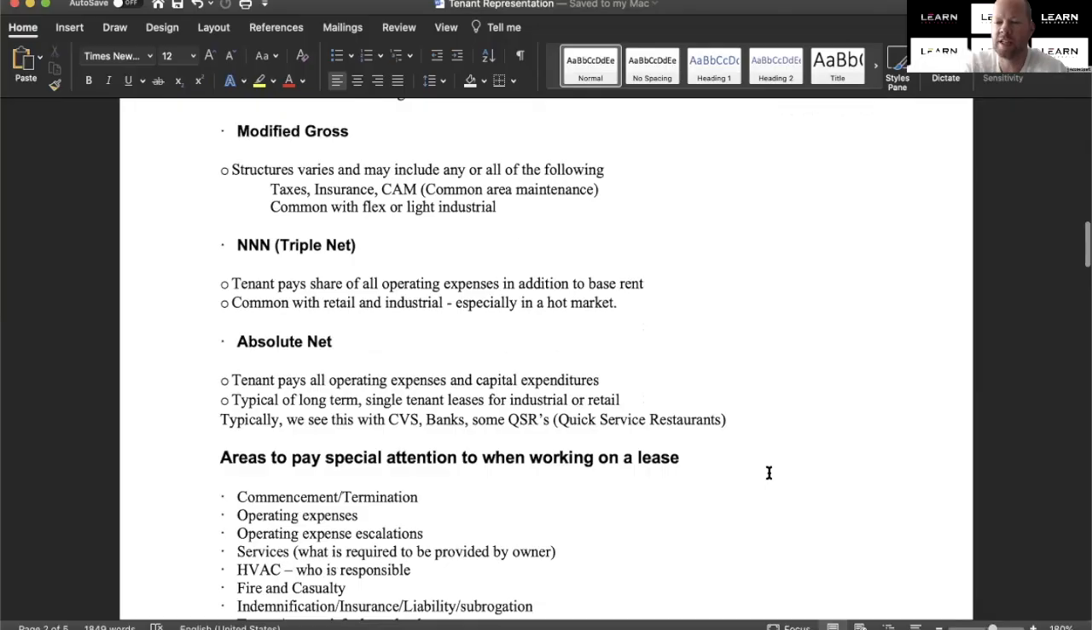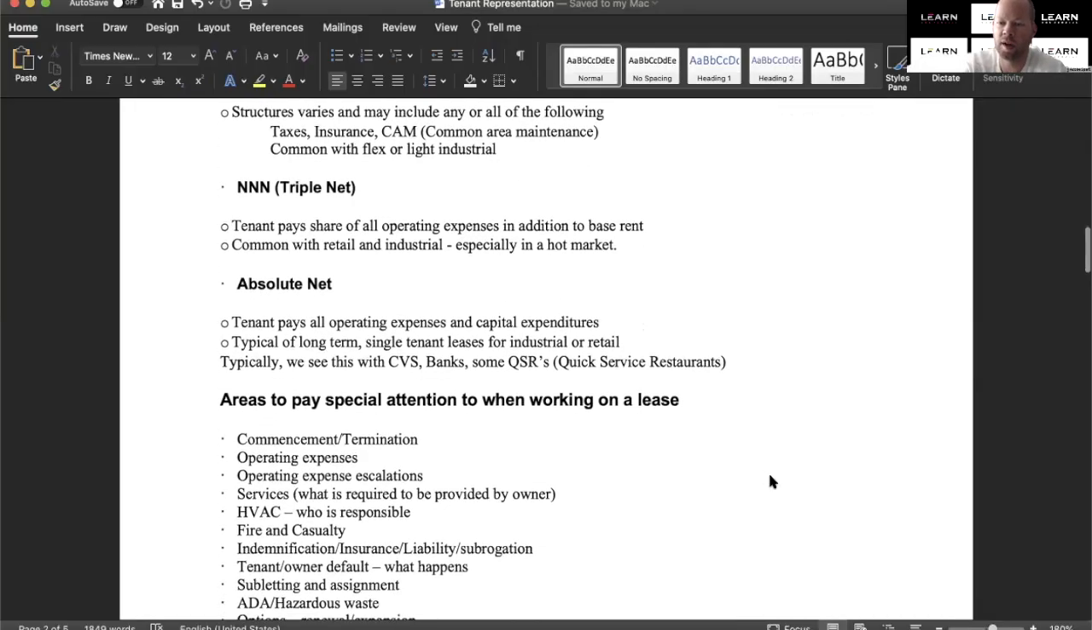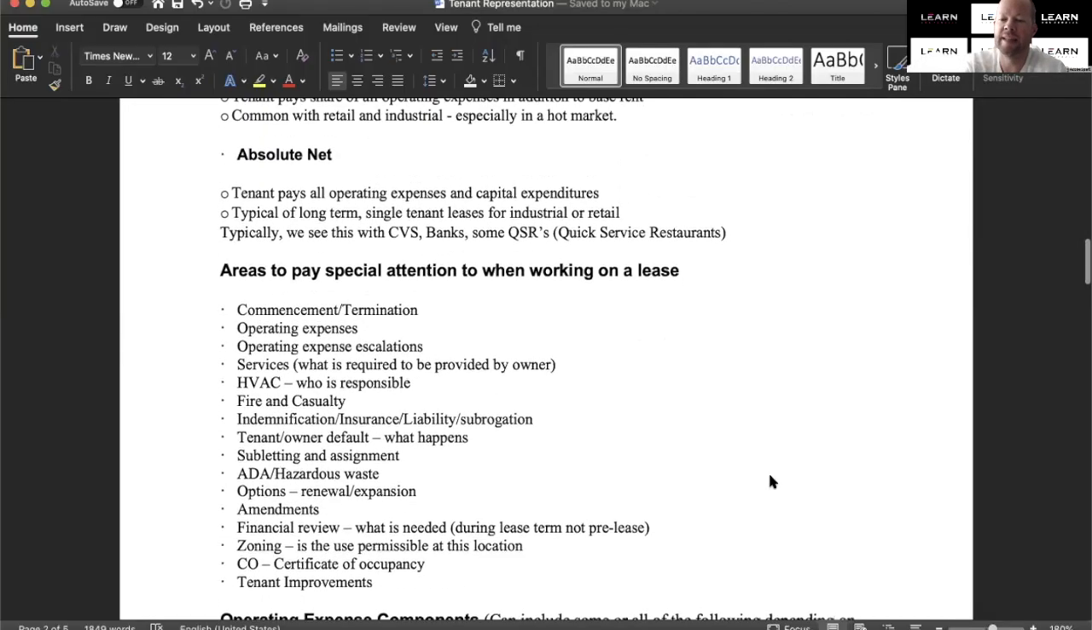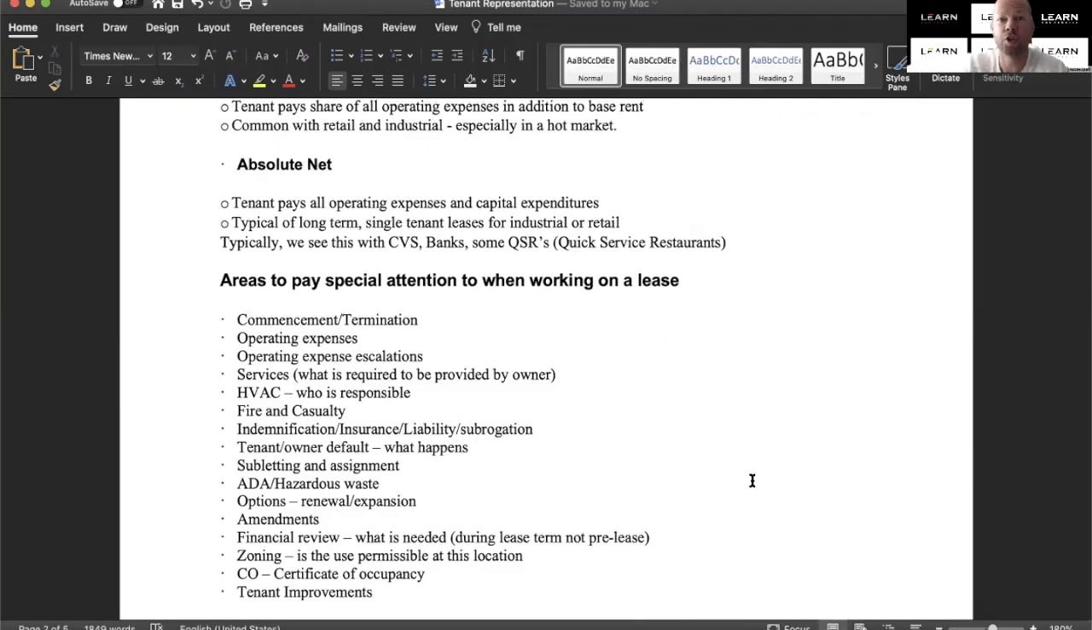All right, so areas to pay special attention to when you're working on a lease. So these are just items in the lease or in conversation you need to have a better understanding of, because these are kind of, I don't say the trouble spots, but these are the things you need to be aware of and make note of, okay? So commencement and termination, right? Just make sure you get the dates right. We're probably going to say this a few times, but